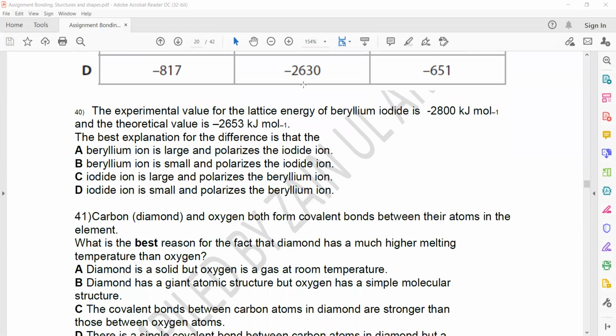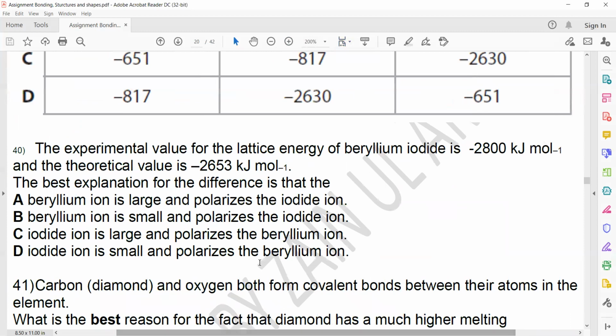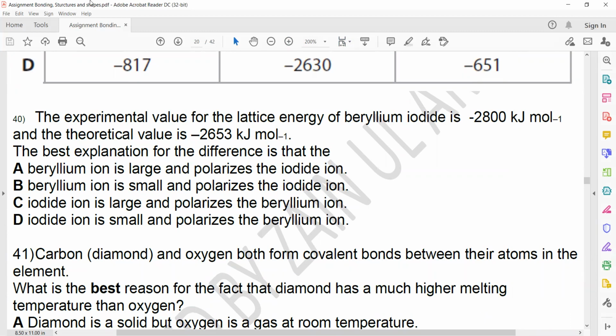And question 40. The experimental value of the lattice energy of beryllium iodide is -2800, whereas the theoretical is -2600. So there's a difference. Why is there a difference between the theoretical and the experimental lattice energy? Because there's a distortion. And how does the distortion affect it? The distortion is there for the negative ion. The size of the positive ion should be smaller and the size of the negative ion should be larger to cause a greater